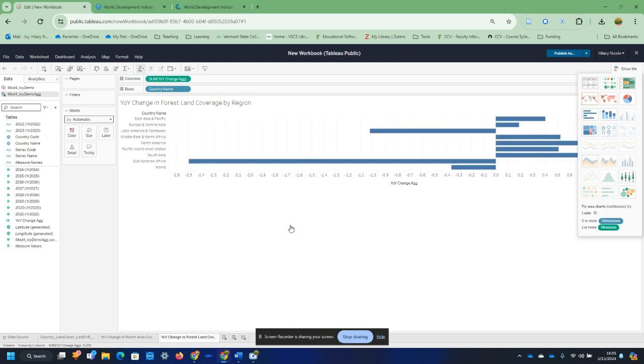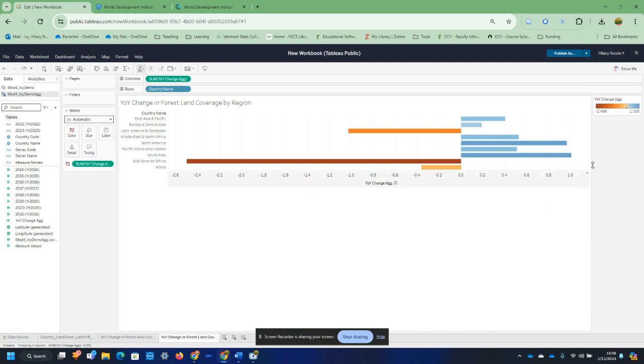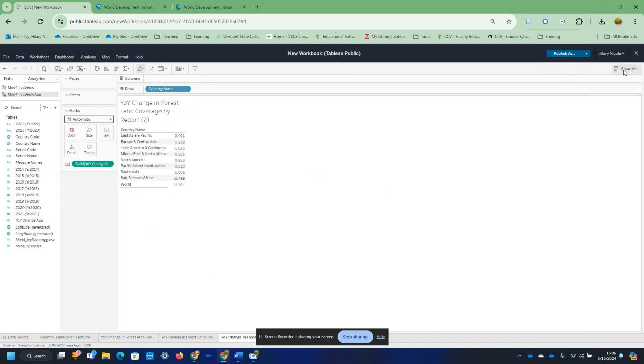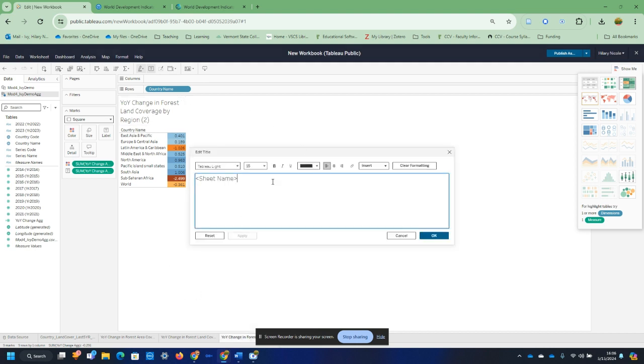I could look at it as a graph like this. Okay, I could again pull that color here, and it tells the same exact story, just in a slightly different way. So I'm going to go ahead and duplicate this as a crosstab so I have it. And I do like this one as well. And I am just going to call this one, let's say,